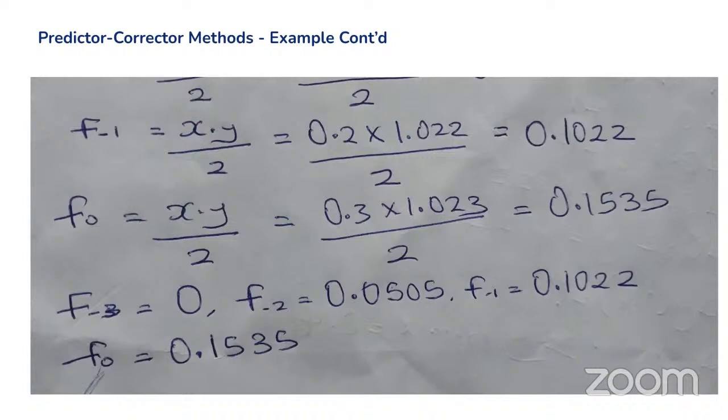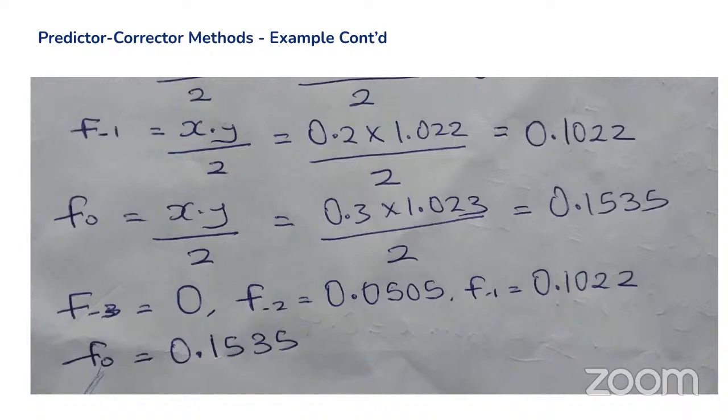For f naught, we do likewise: x naught times y naught divided by 2. When we solve, we get the value of our f naught. So with this, we've gotten a value of f minus 3, which is 0, f minus 2, which is 0.0505, f minus 1, which is 0.1022, and f naught, which is